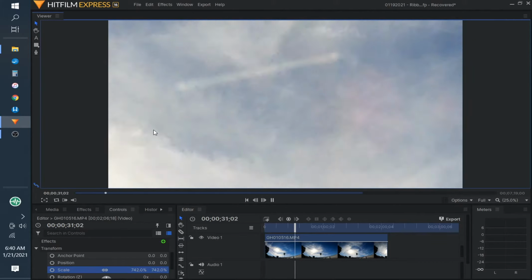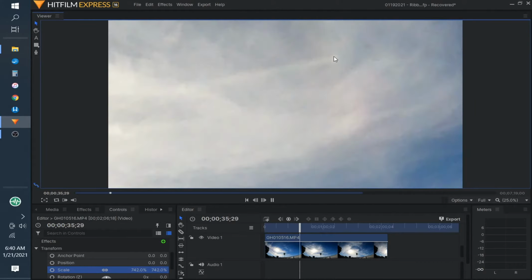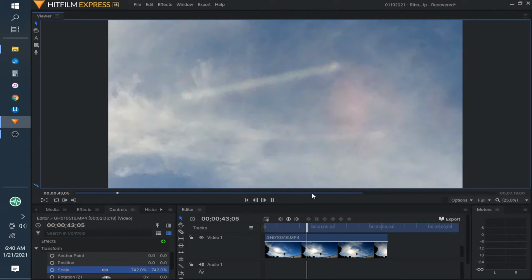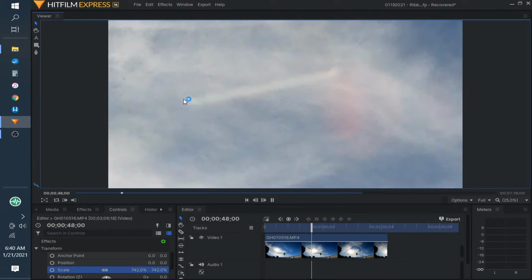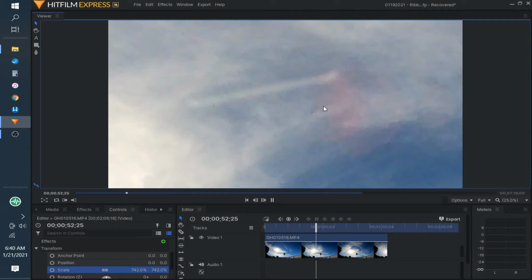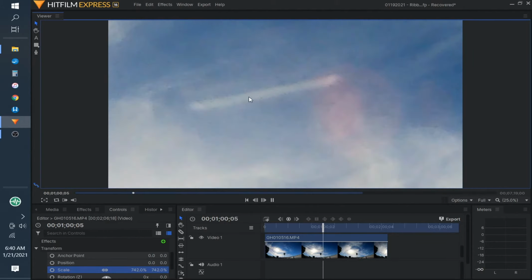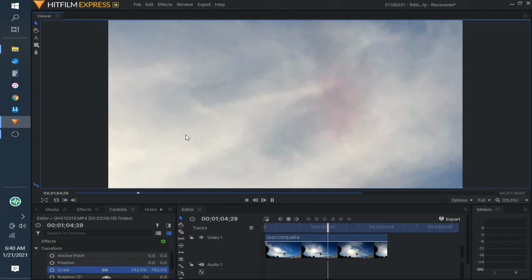But as I have noticed, and you will notice as this goes, it can't be something that was stuck to the lens, because it's actually moving down the screen. This red you're seeing right here, we'll back up and look at it again, is actually the true blue lens flare, which is common, but it's moving up the screen. At the same time, this is moving down the screen. So again, I'm not making any claims to what this is, but I've just never seen something like this before,